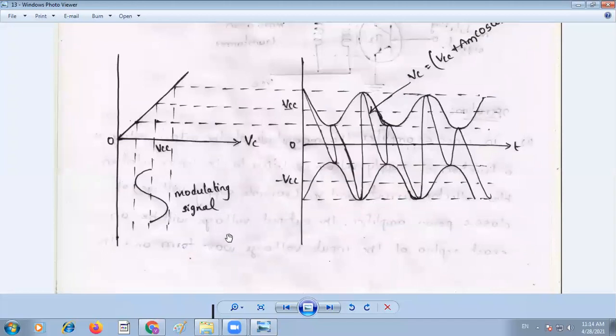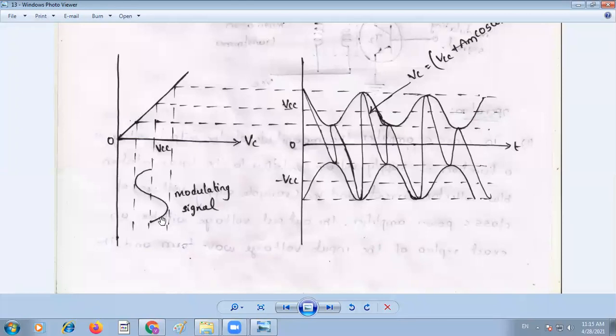See these waveforms here. This is the modulated signal. So this is the supply of the transistor when it is 0, VCC, and VC is the applied voltage of the carrier signal. Now VCC is the midpoint. Apart from the VCC, there is one dotted line, and this is another dotted line. So please observe the dotted lines here.